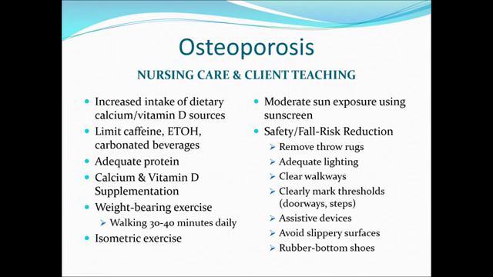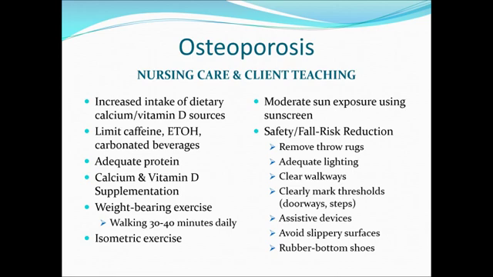You want to make sure they're having adequate protein. Protein provides the building blocks for cellular function, for cellular growth. Those osteoblasts are not going to be able to work properly if they don't have the building blocks to support the production of ATP and energy within the cell. Calcium and vitamin D supplementation. Again, if we're not getting enough dietary, we'll use supplementation. Space those away from your main meals to get the most bang for your buck.